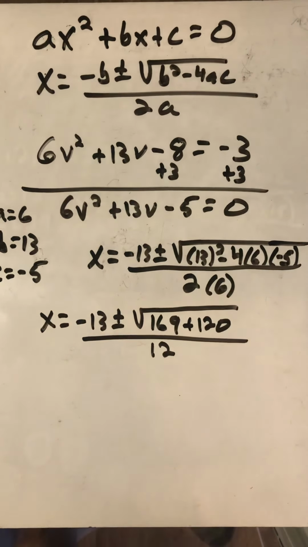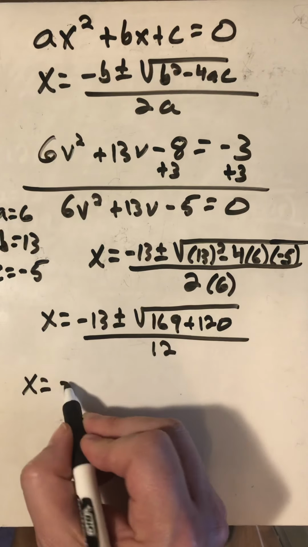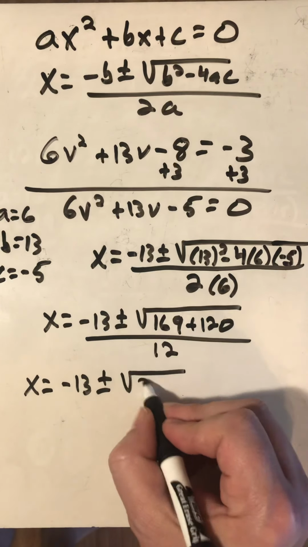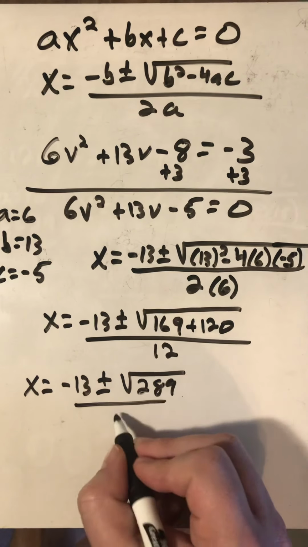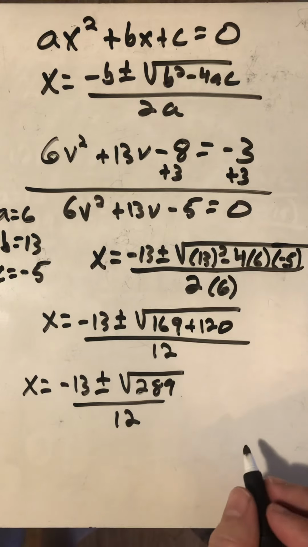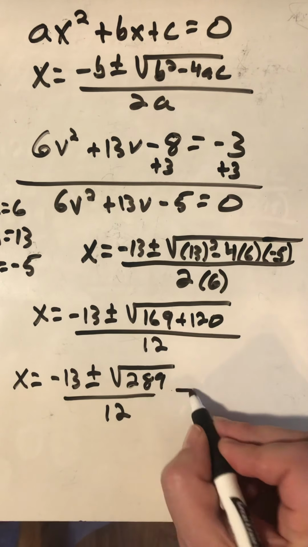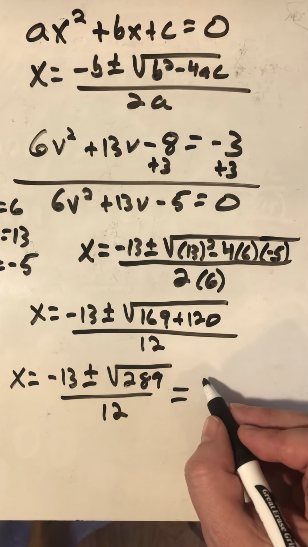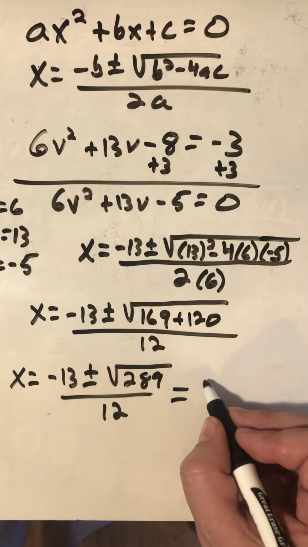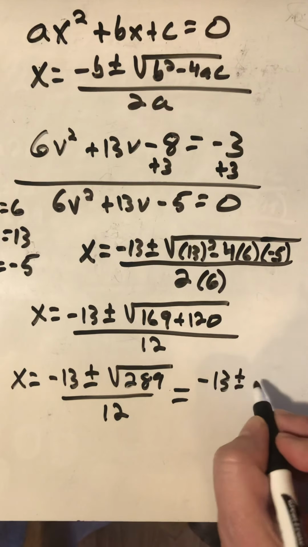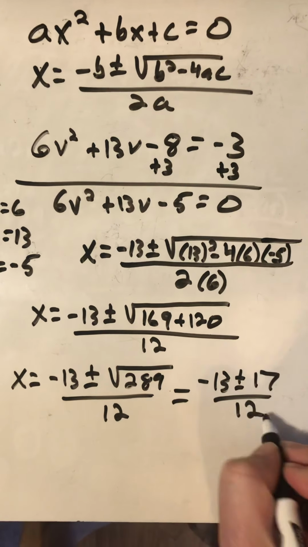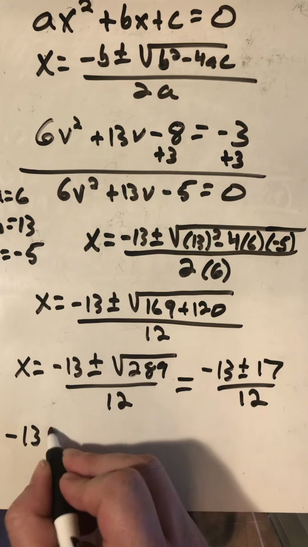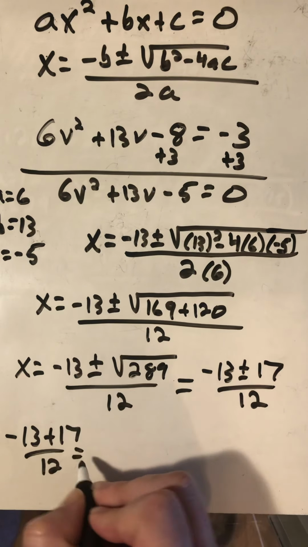So when we finish simplifying all this, I got x equals negative 13 plus or minus the square root of 289 over 12. Okay? The square root of 289 happens to be 17. You can use your calculator to find that. It is a perfect square, so we got negative 13 plus or minus 17 over 12. All right, so my two possible solutions are negative 13 plus 17 over 12